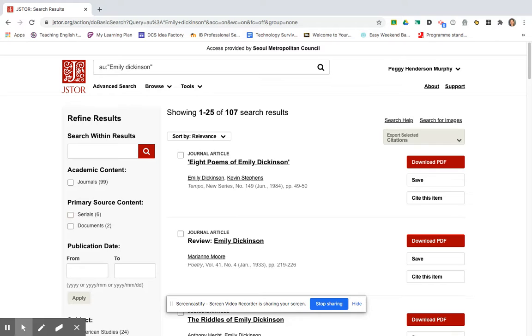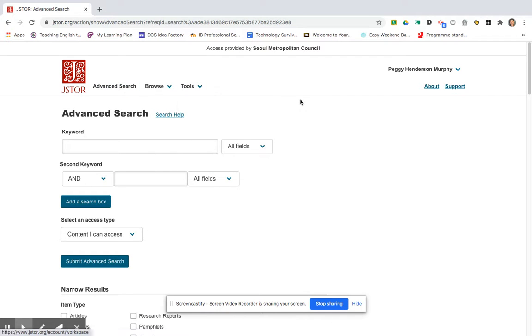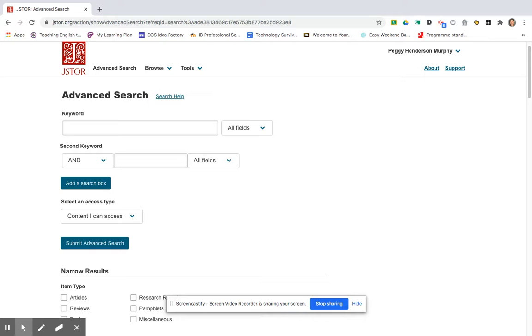But you usually will end up with a lot more hits than 107. So it's usually best if you're not just doing something straightforward like a specific title or a specific author, and you come over here to the keyword search. So let's say I want to look at, it's being very weird,